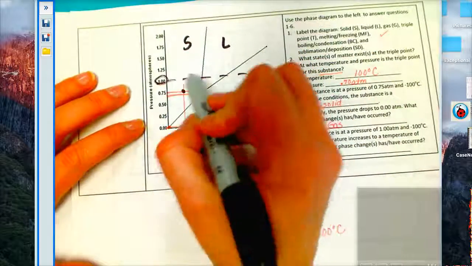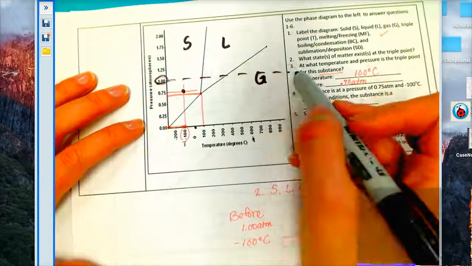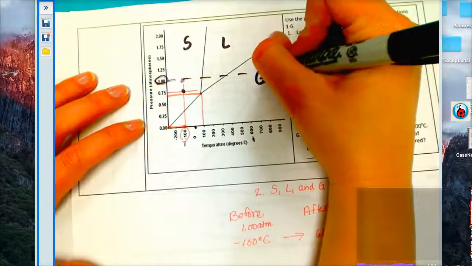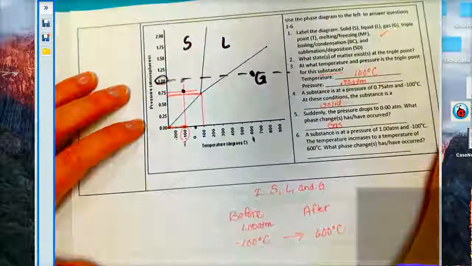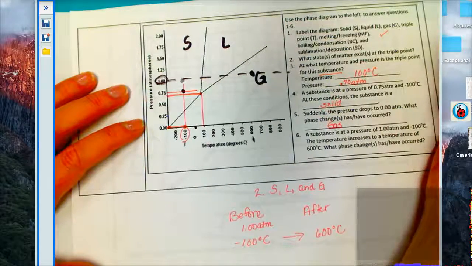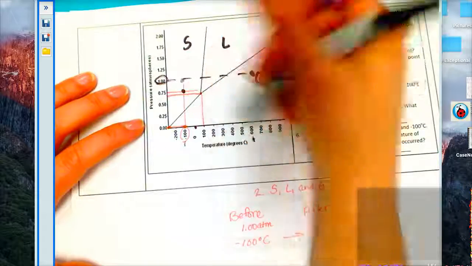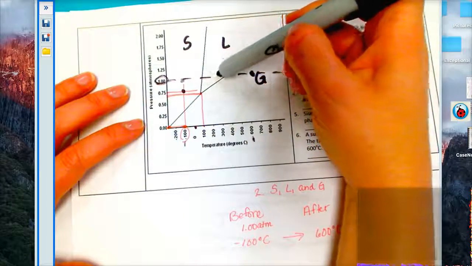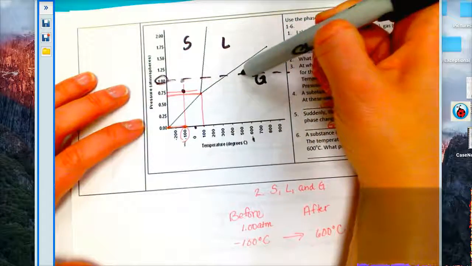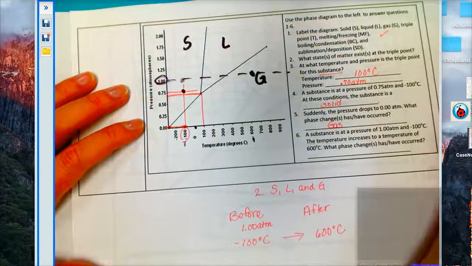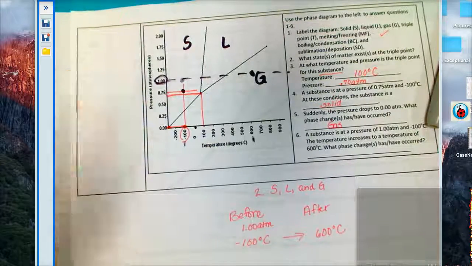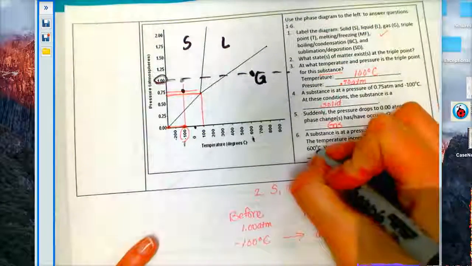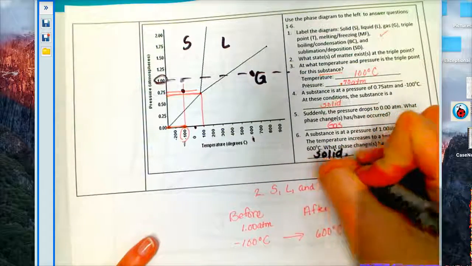So now anywhere on this line, if you stay at this pressure and you go from right here to right about here, what phase changes have occurred? So first you started out as a solid, then you crossed this line into the liquid phase, and then eventually you end up as a gas. So the answer for that would actually be that you have been all three. You were solid, then liquid,